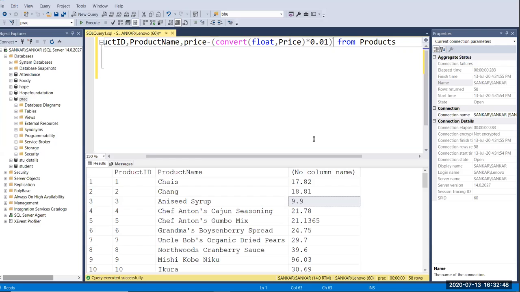Here you have to give your alias name. Even whenever you want to do aggregate functions, conversion functions, or logical functions, you have to give your alias name.